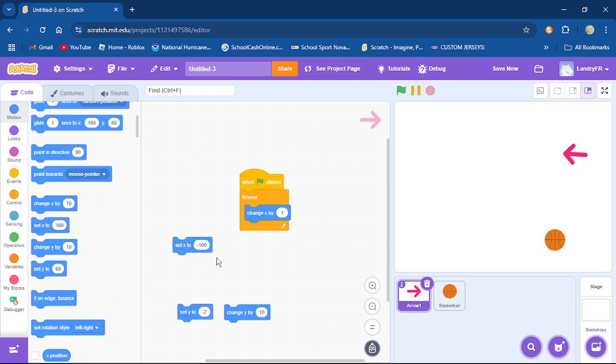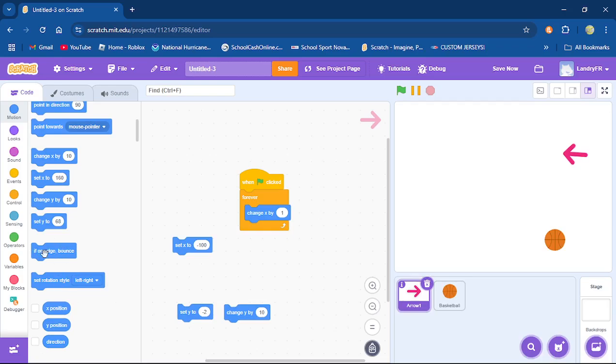All right. So when you're making games, if you pull one of these out expecting it to do something and it's not doing what you want, it's probably because you used the wrong one. Because when I teach kids, this is the most common error I see. I say, okay, pull in a change x by, and then when I go check their code later, they've actually pulled a set x to. And that's the error. And I'm like, okay, that's why it's not working. And then once they fix it, they're like, oh, thank you. Like, all right, good. And y is the same exact thing, except it's up and down. So that's that.